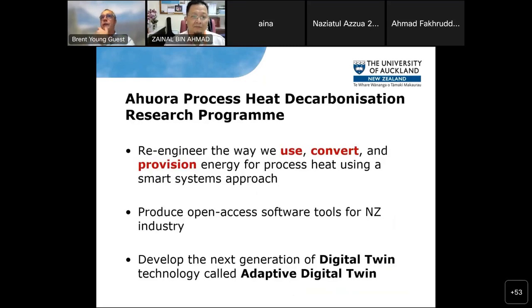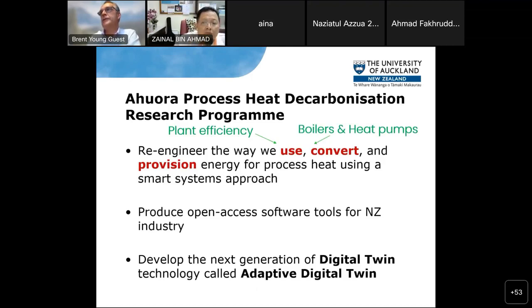So what is the Ahu'ora Process Energy Systems Centre doing? Well, it's perhaps no surprise to you, I've given the game away already, that we're working on process heat decarbonisation for New Zealand. So we've got this whole research program for doing this, and we've particularly got these aims. We want to improve plant efficiency. We're going to use boilers and heat pumps to do that,